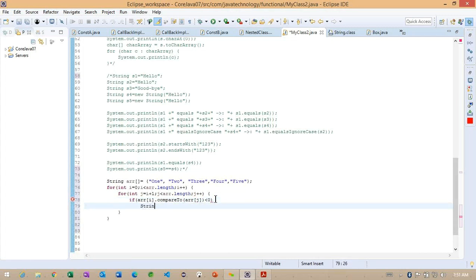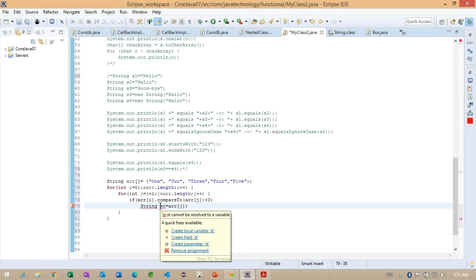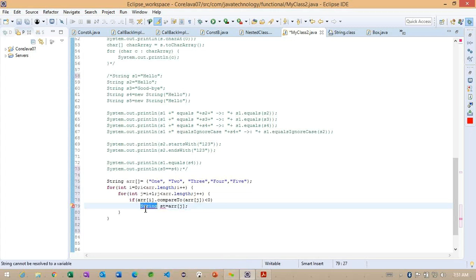we are going to get one object here, something like st = arr j. What happened here?